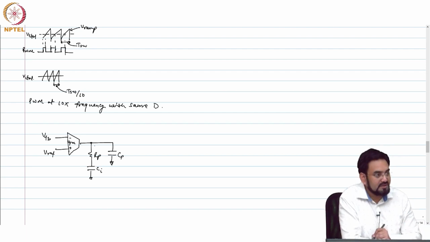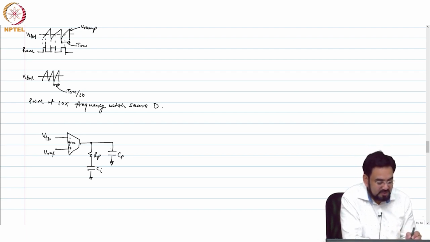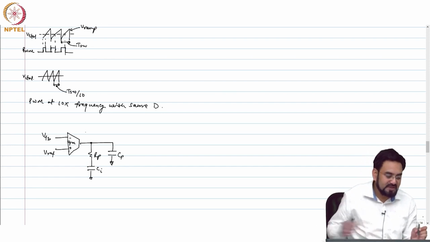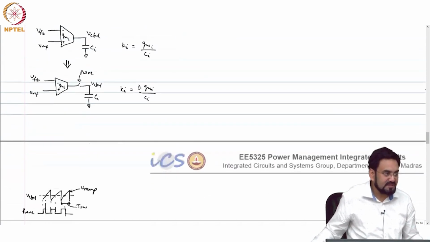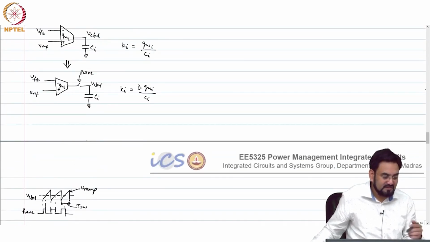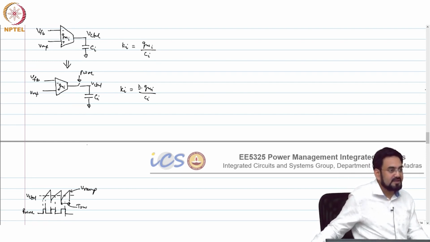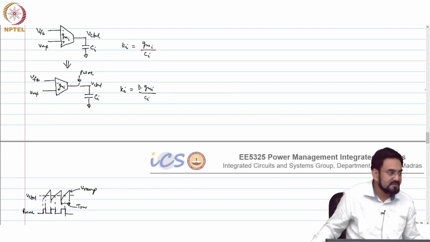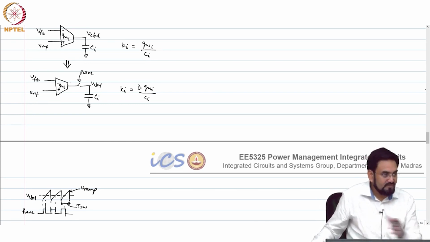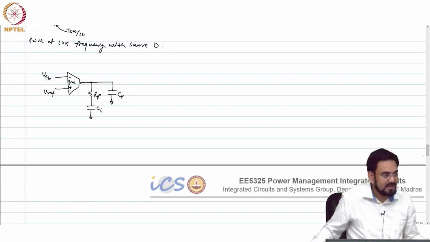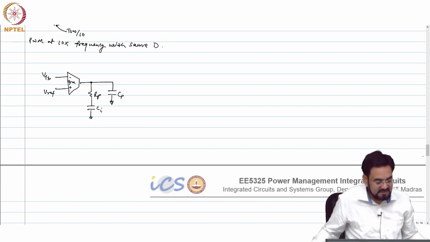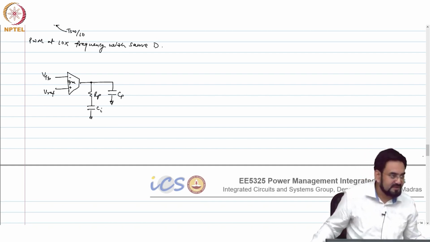This is a high frequency pole, and if you want your ripple to be suppressed with this CP, then you have to keep the PWM switching frequency much higher, the frequency with which you are modulating your GM. This PWM frequency will modulate your GM in order to compensate for the variation in loop gain due to duty cycle. So choosing a higher frequency would be better, so that you can get all the ripples filtered out at that frequency, and the only ripple left will be at your switching frequency here.